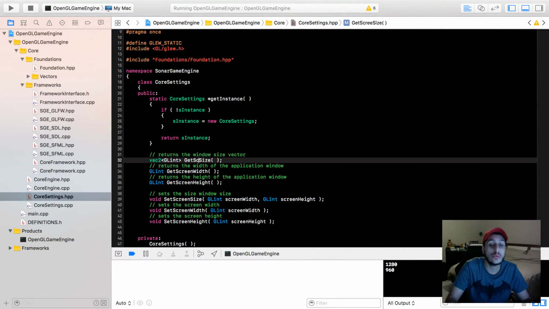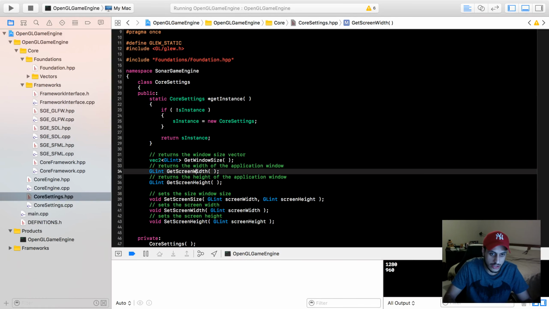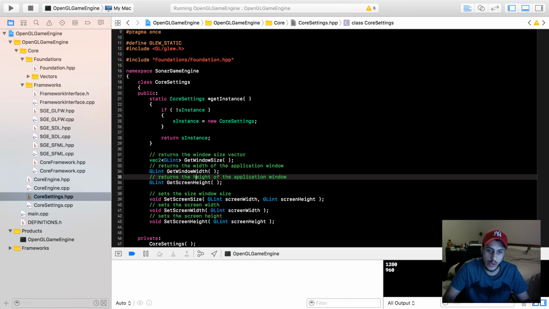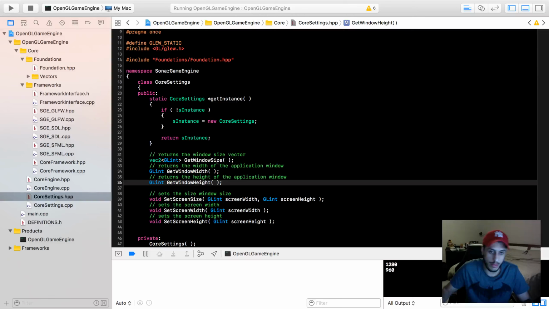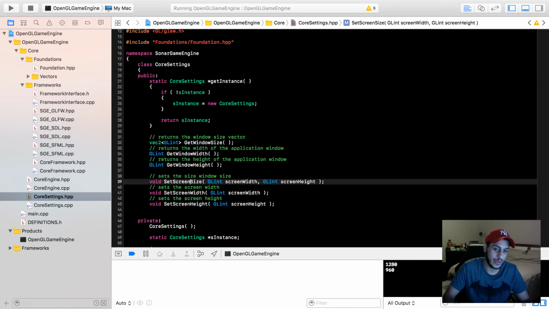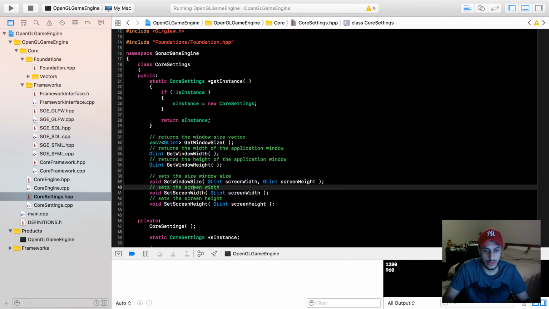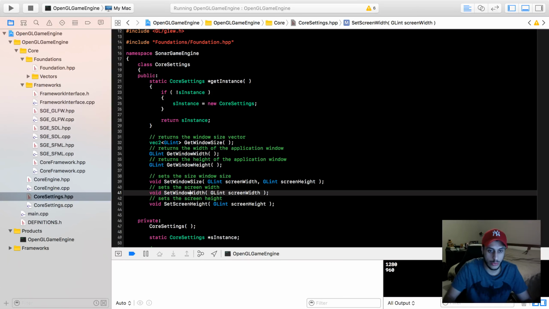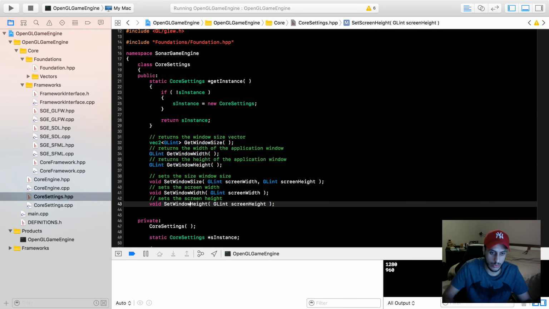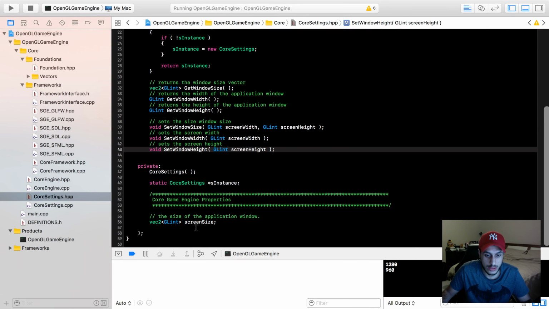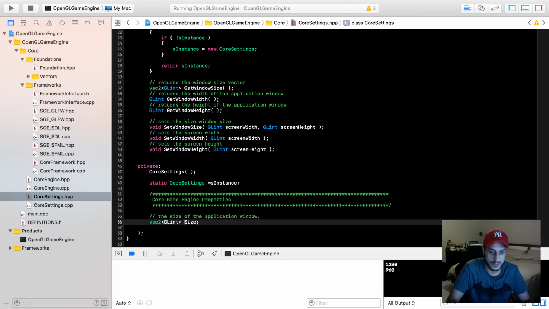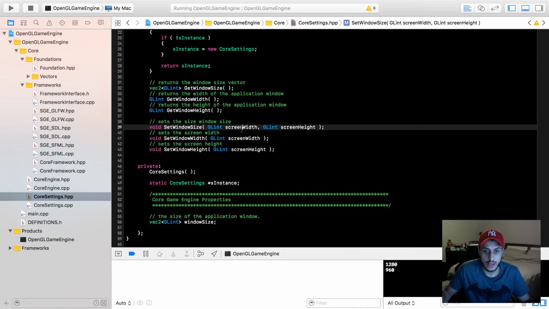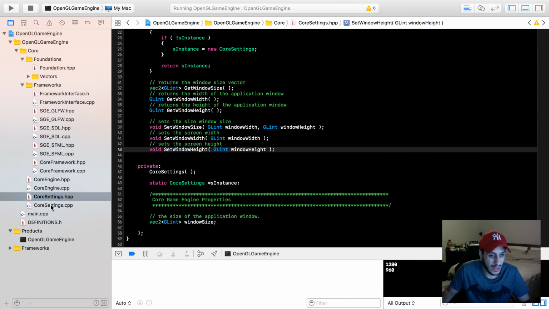So I'm going to put get window size. It's just a simple change, but I'd rather do it now when I'm not using it in a lot of places than do it when we've essentially got a game engine all built. So get window size, get window width, window height, window size. And for this, just need to change this to window. Copy that, paste it. Copy that and paste it. And if we go to the core setting,